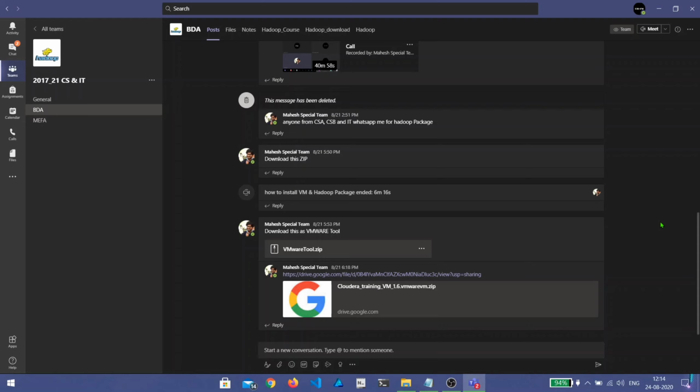And the notice here: do not close the Teams app. Just minimize this. If you tend to close this, the file will not download, or it stops in the middle of the download. Please do not close this Teams app. Just minimize that. You will get a notification after downloading.